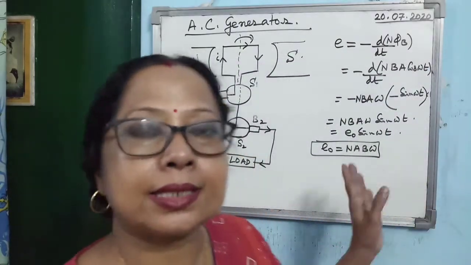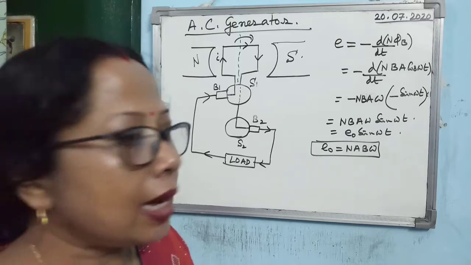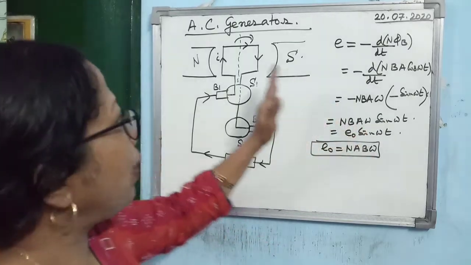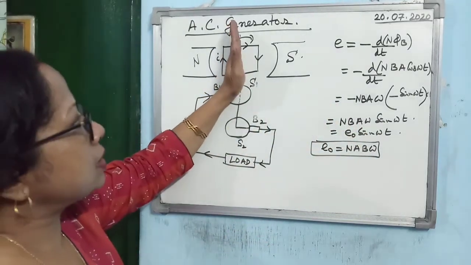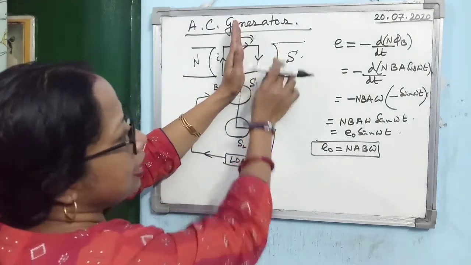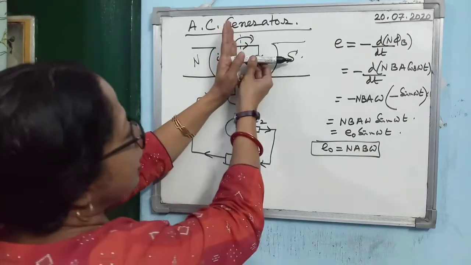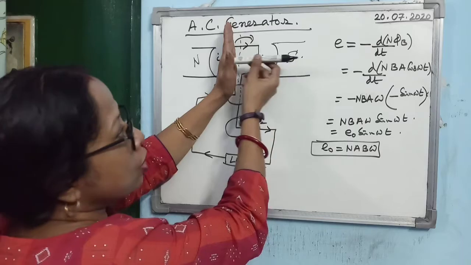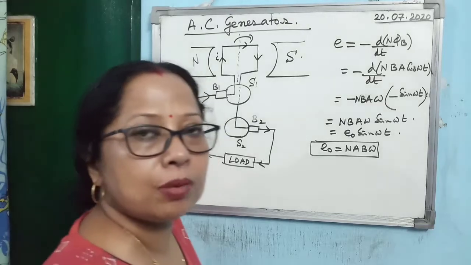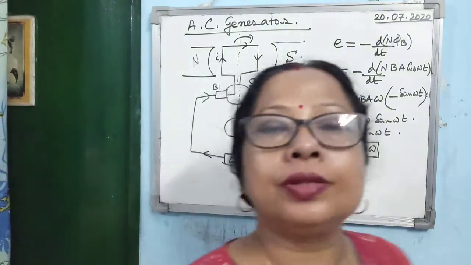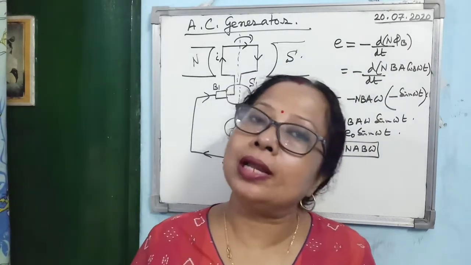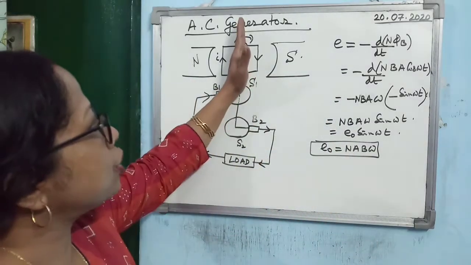And remember, in these cases, a few points you have to remember. Remember that this omega t, theta, is the angle between A and B. So when the coil, look at my hand, if you consider that the plane of the coil is perpendicular to the magnetic field, then you see the magnetic field is along this direction and A is also along this direction. So what is the angle between A and B? 0. So EMF will be 0. Induced EMF will be 0. So when the plane of the coil is perpendicular to the direction of the magnetic field, then the EMF induced in the coil is 0.